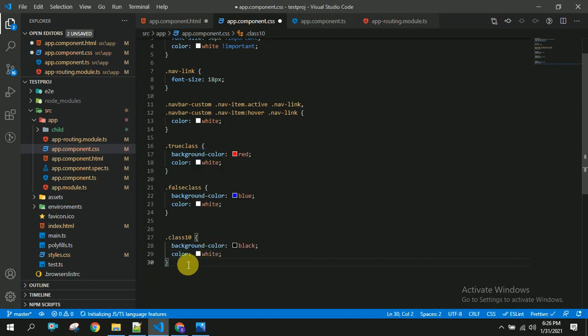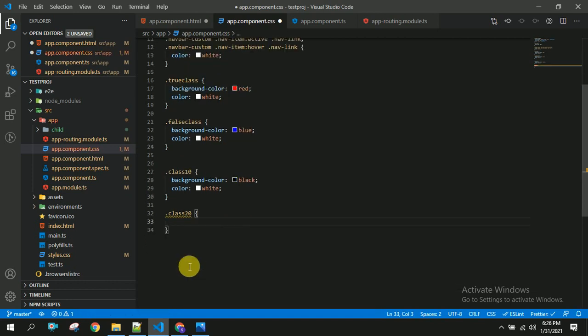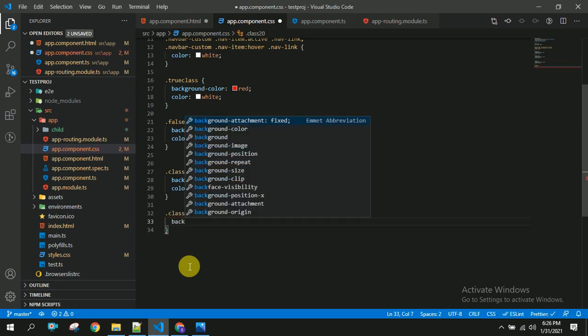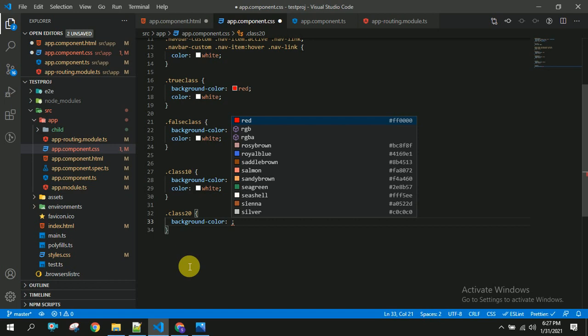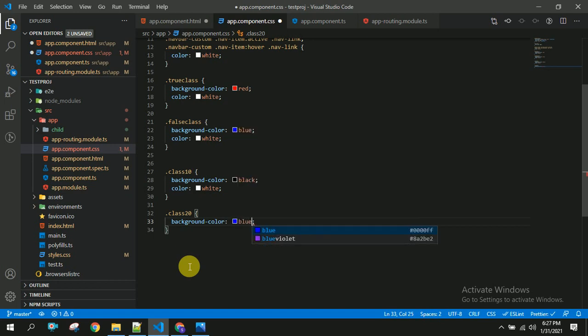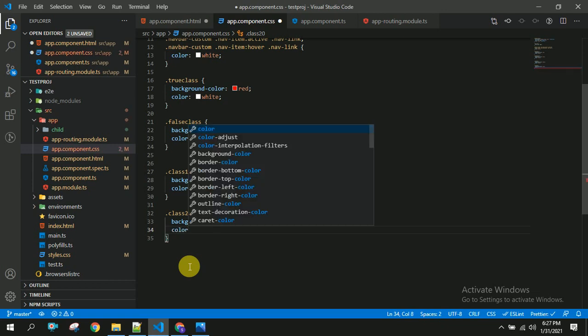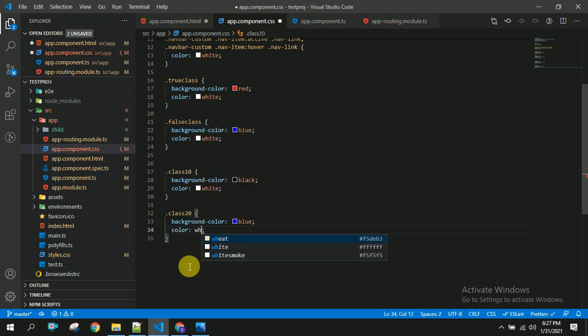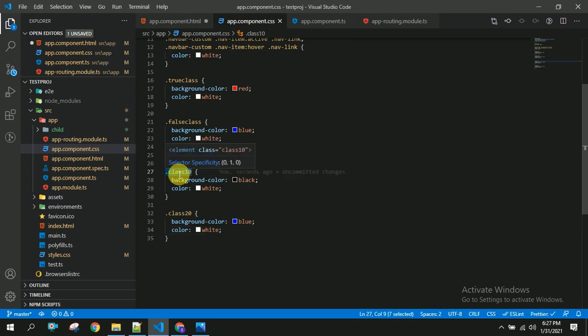and I am going to take another class here. Background color is blue, and text color is white. Now I want to apply these styles to my text based on the condition.